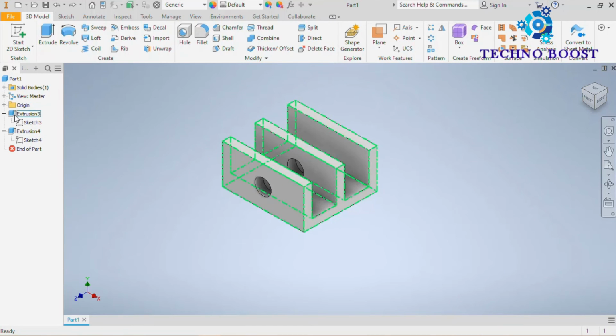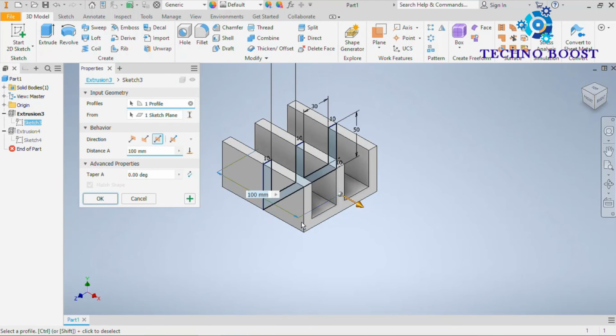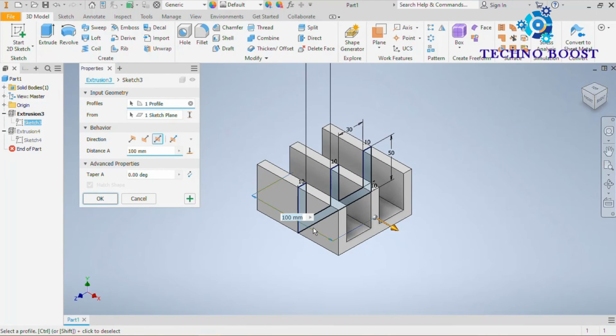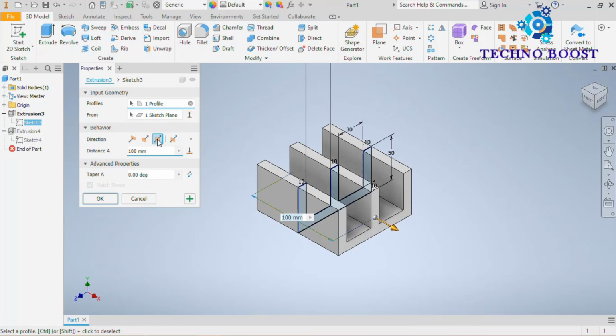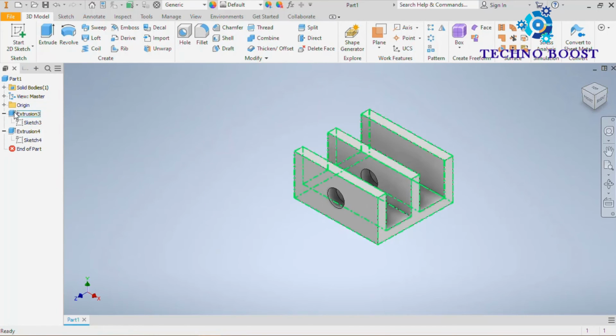And in symmetric, both sides have the same dimensions. This is direction 1, direction 2, symmetric and asymmetric. Okay, let's delete these two.